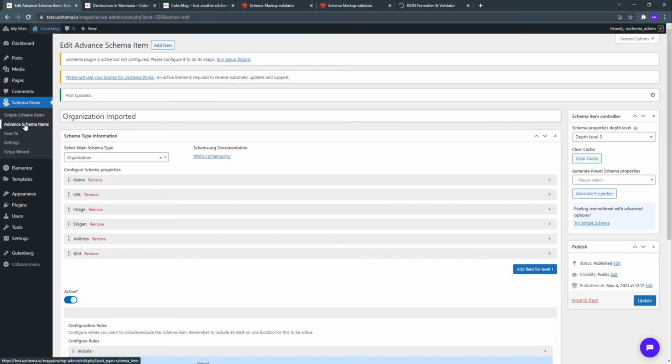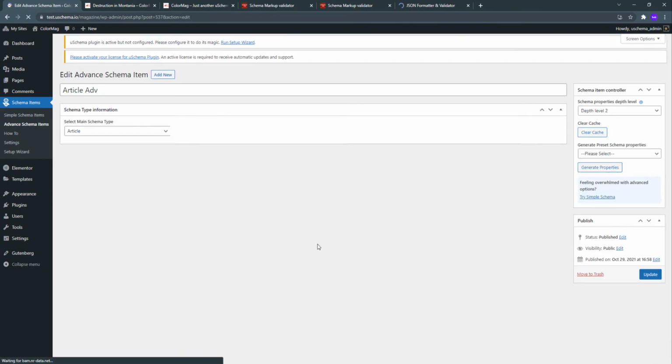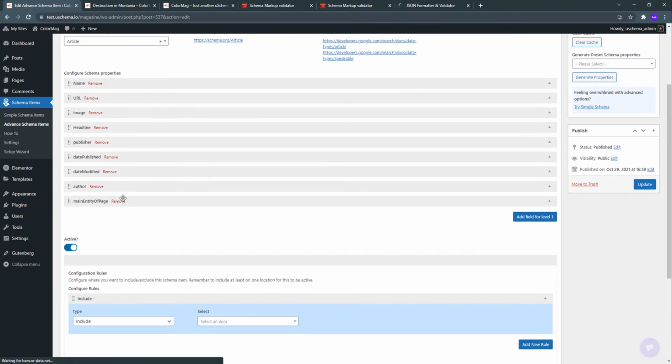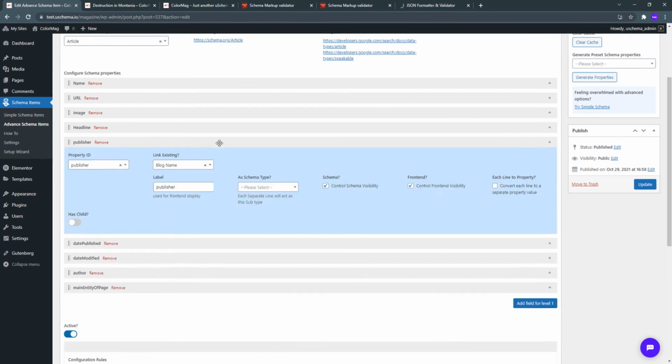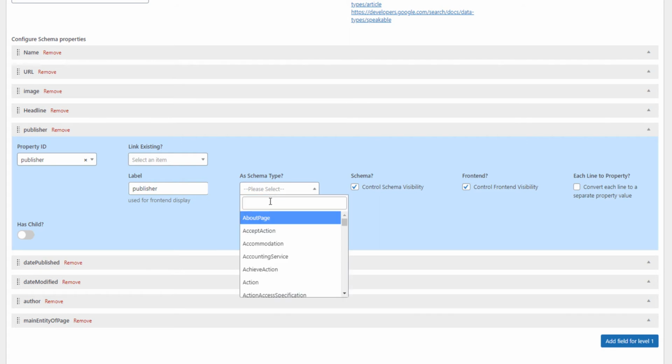So let's go to the article advanced schema, and inside publisher let's remove this one. We don't need to link an existing one, we need the identification mark, and we want to use it as an organization. So you need to select the schema type organization.